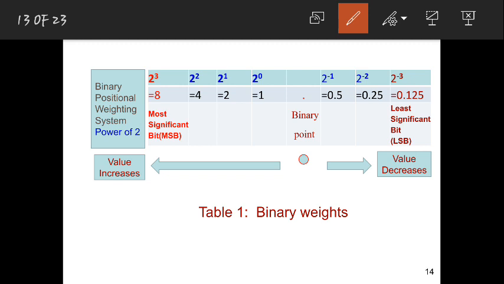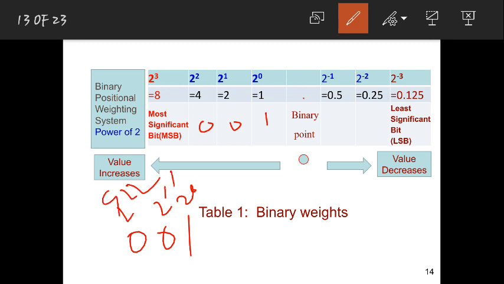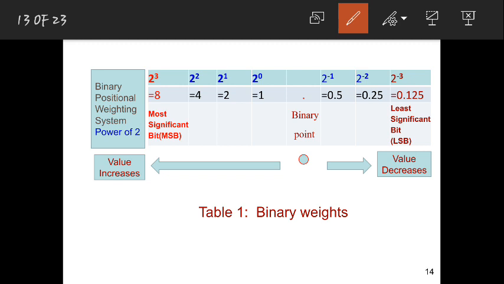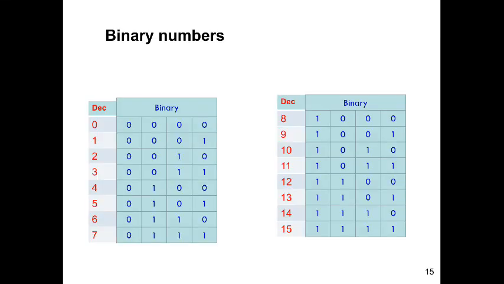Is that fine? Now you know how to write the positional weights to whatever digits you write. If I write 0, 0, 1, here I have no binary point, so I will consider it as 1, 0, 0. That means this is 2 power 0, 2 power 1, 2 power 2, so 1, 2 and 4, in that way I will write them. So see this table form, you just see how to write them.